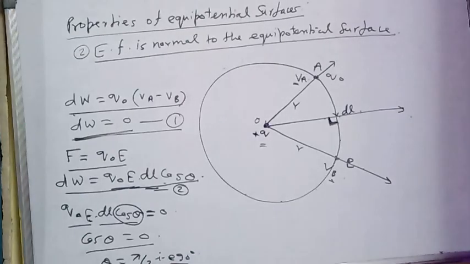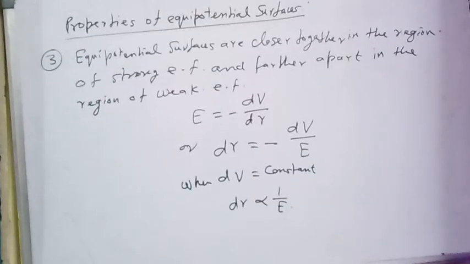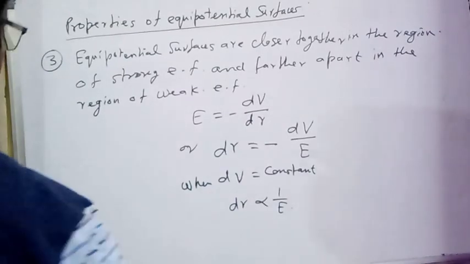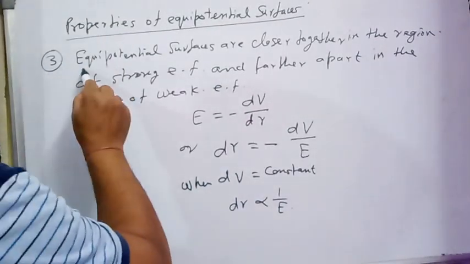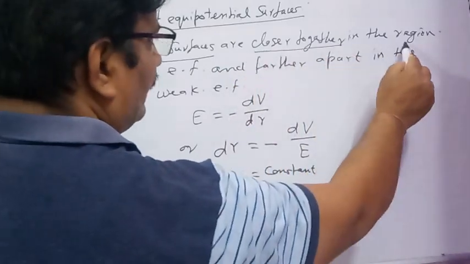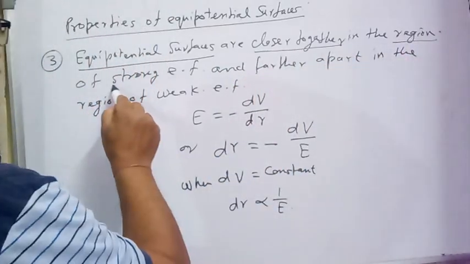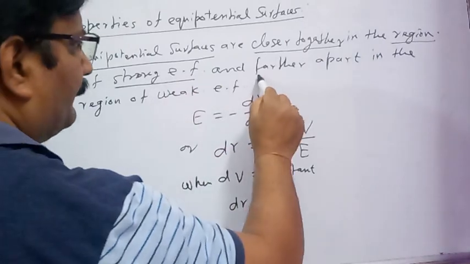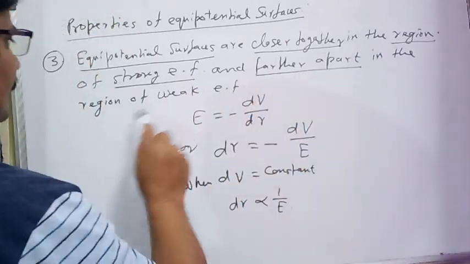This is second property of the equipotential surface. This is third property of the equipotential surface. Equipotential surfaces are closer together in the region of strong electric field and farther apart in the region